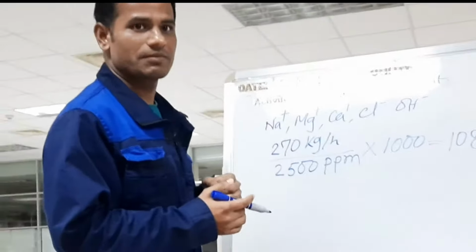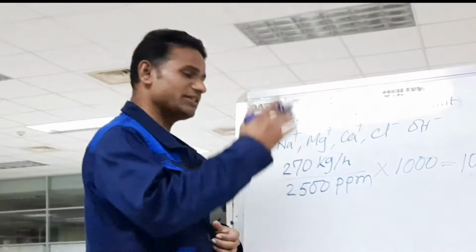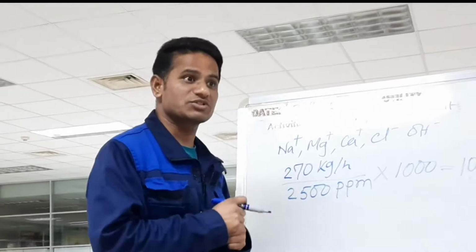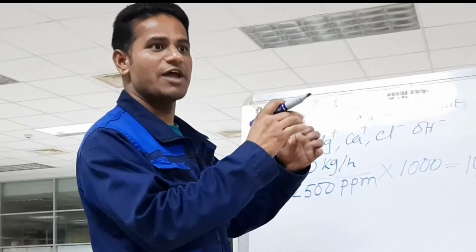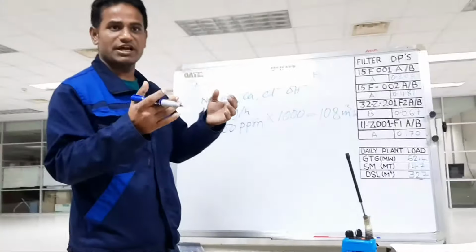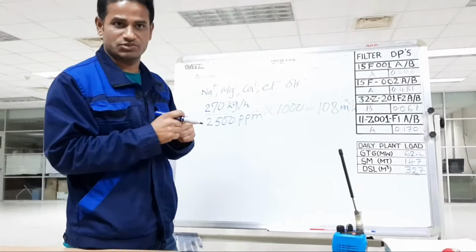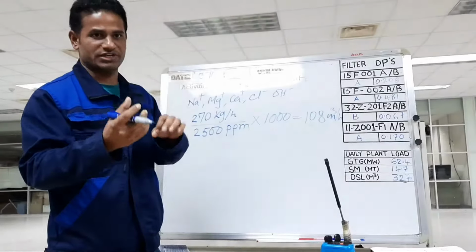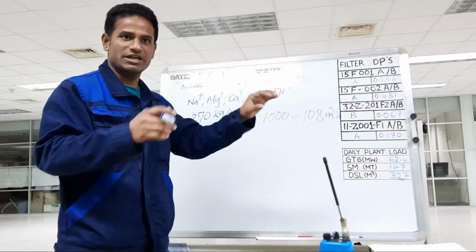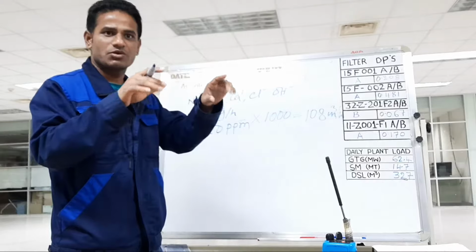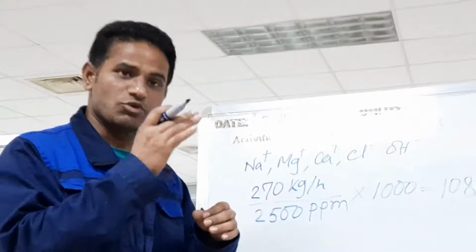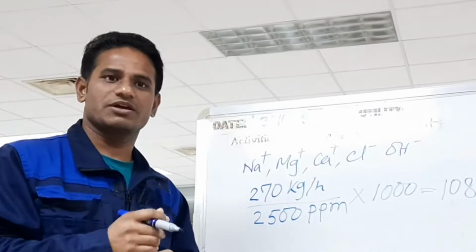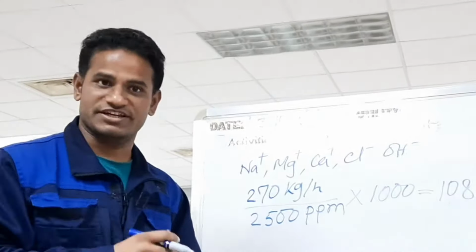But how is it coming? I have given the calculation. Okay? But the seawater also has some suspended solids, some garbage. This is harmful for the hypochlorite generator. If this suspended solid enters the hypochlorite generator, the electrolysis system will have a problem, not a proper reaction. For that reason, for removing the suspended solid, we are using two self-cleaning strainers.